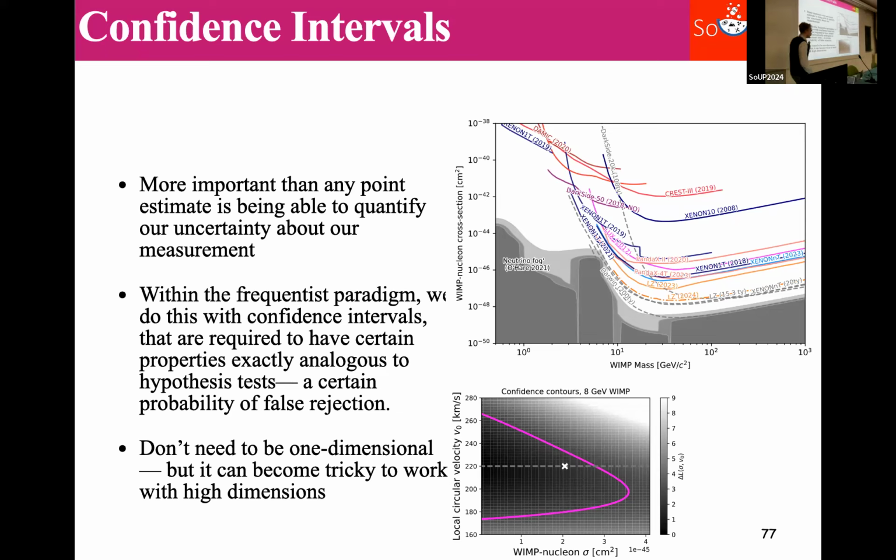Yes. They're 2-dimensional in the sense that we have 2 axes here, but the limits here are 1-dimensional. The limits here are only saying that for a 400 GeV mass WIMP, there is an upper limit here. And then we have a separate hypothesis test, or a separate upper limit, for 200, for 300, for 400, etc.